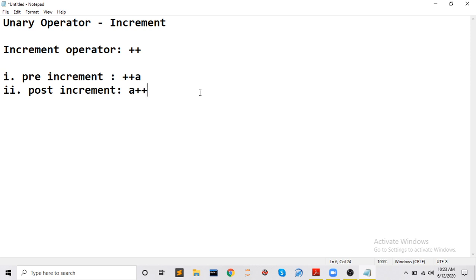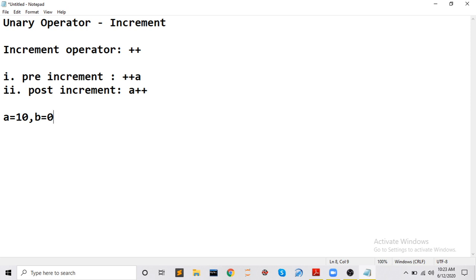Now we will see what will happen if you use the pre-increment and what will happen if you use the post-increment. Let me take an example. Let me take two values. Suppose a value is 10 and b value is 0. We are taking simple random values.